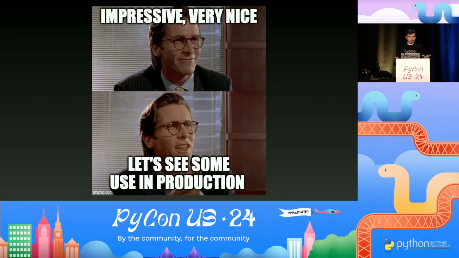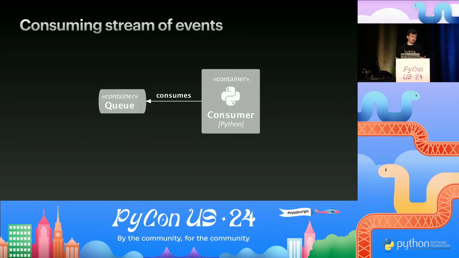So I want to present you a specific case when we used it. It proved useful, and the implementation was also pretty concise, and we'll see a bunch of Python tricks to make the implementation even more concise in the end. So let's see. This is a use case, or a case study, where we have consumption of a stream